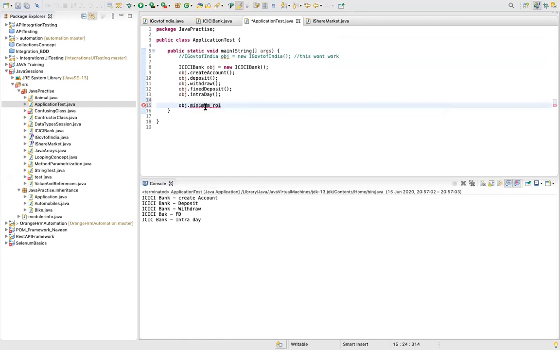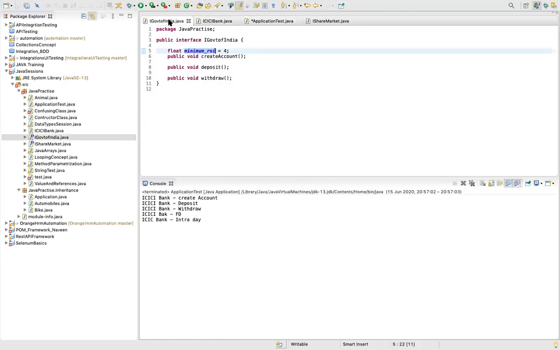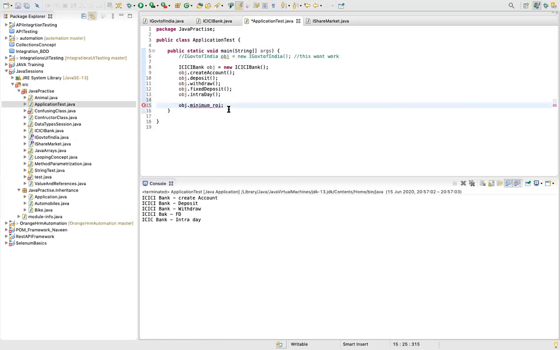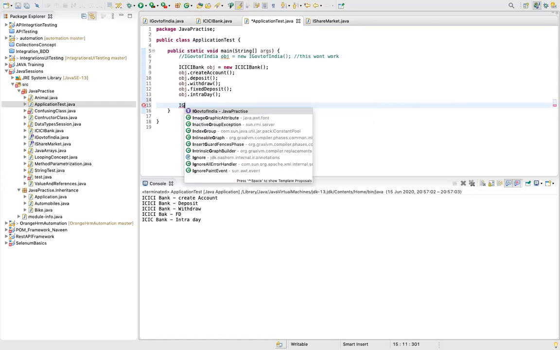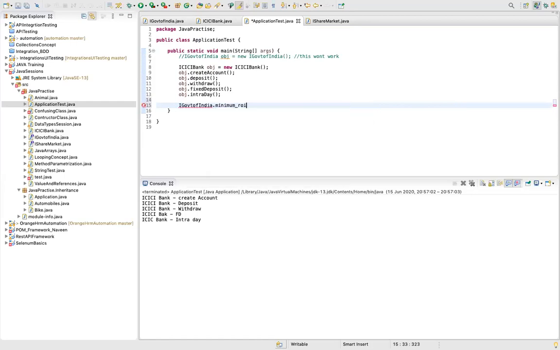Can we access this? We cannot access it directly. What we can say is the interface name, IGovernmentOfIndia dot minimum ROI.